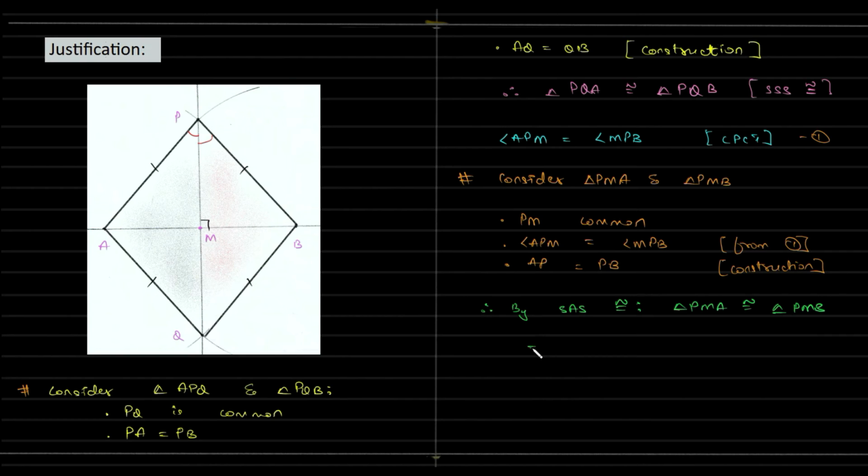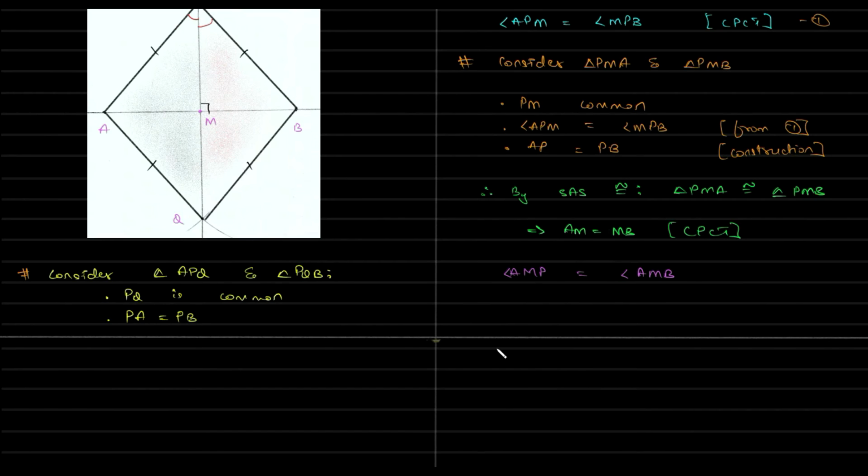So we can clearly tell that this implies AM is equal to MB, CPCT, and also angle AMP is equal to angle BMP. Okay, so why are we doing this? We have proved that yes, it got bisected. We have to prove that it's perpendicular also. So now angle AMP plus angle